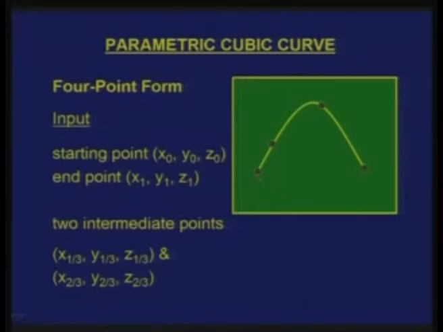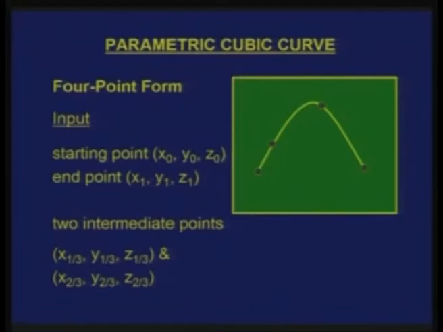So, for the first point I will anyhow give u equal to 0, but for the others I will give a parameter value which is proportional to the distance. What is that? d1 divided by d1 plus d2 plus d3. For the next I will give d1 plus d2 divided by d1 plus d2 plus d3, and this is of course u equal to 1, which corresponds to d1 plus d2 plus d3 divided by the same denominator. So, that is in fact the most common way to represent a parametric cubic curve in a 4 point form,